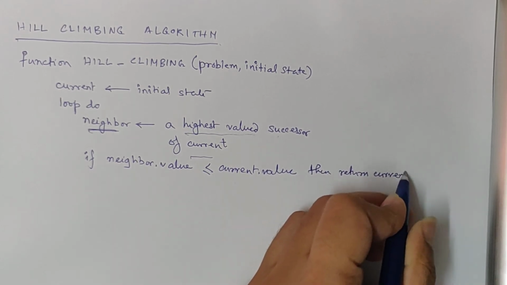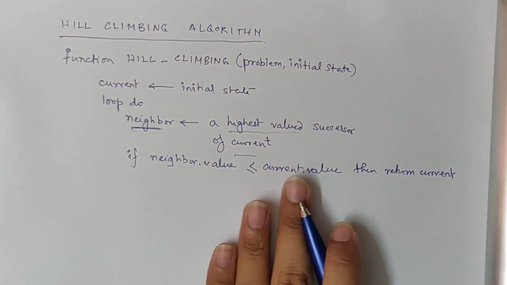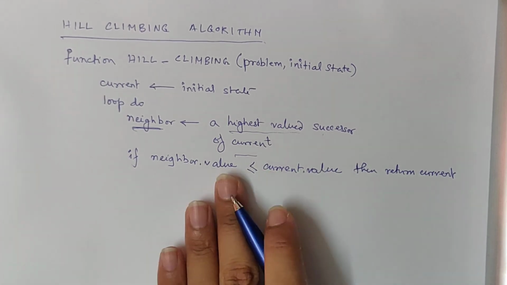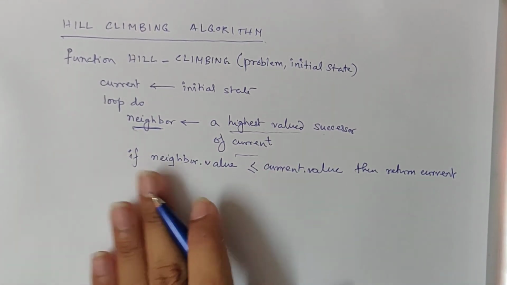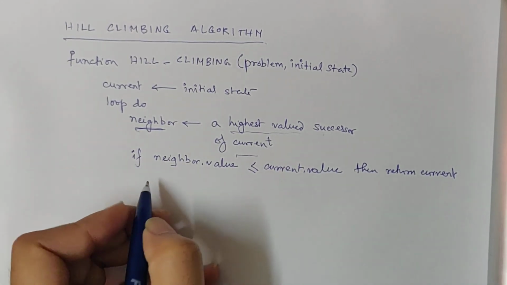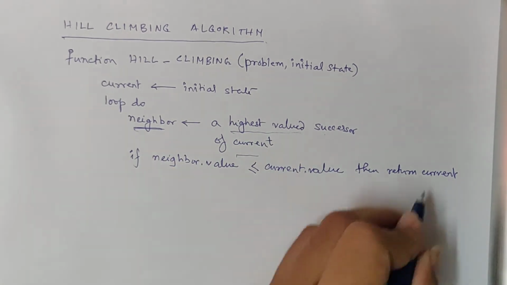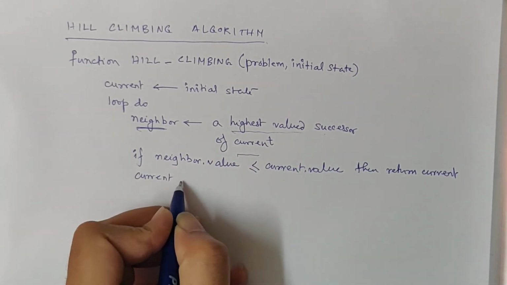Then return the current state. If that is not the case, which means the objective value for my neighbor is better than my current, then this if condition will not be met, then I will make